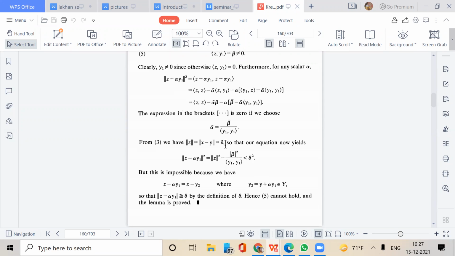Norm of z is equal to delta. And norm of z square minus this term, so this is less than norm of z square. Both the terms are greater than or equal to 0. We have inner product of y1 comma y1 greater than or equal to 0 by property of inner product. For any element x, inner product of x comma x is greater than or equal to 0. So right hand side, both terms are greater than or equal to 0. And for two positive numbers, a minus b is less than a.